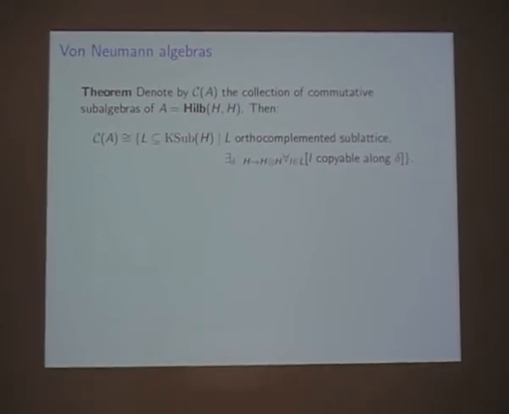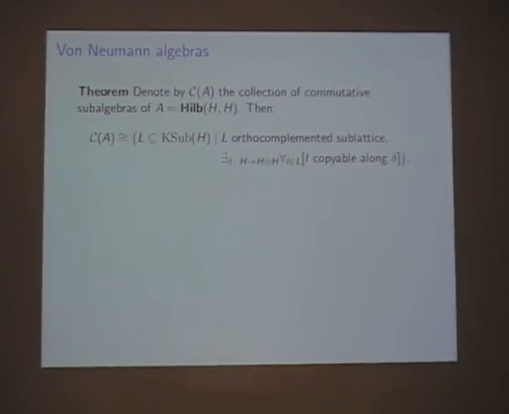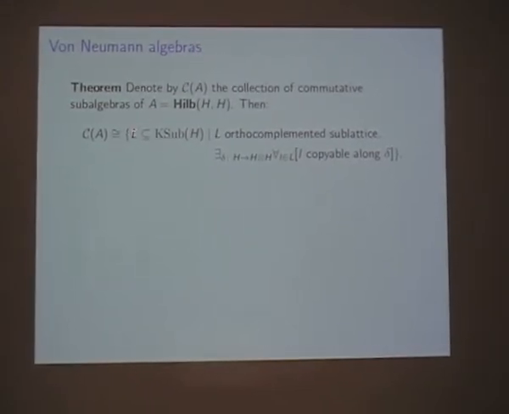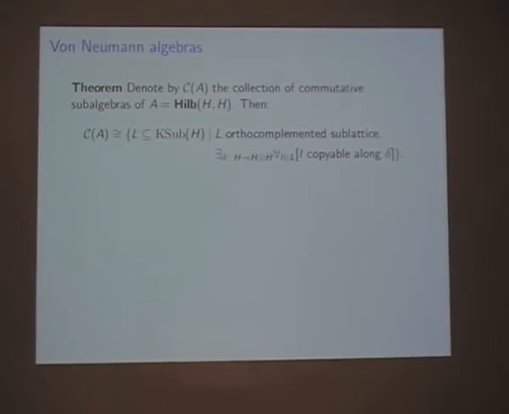So you can go ahead and reformulate this in terms of copyability and classical structures again, because we're in the category of Hilbert spaces where all this is available anyway. So if I denote by curly C of A the collection of all commutative subalgebras of an algebra of the given type, then you can show that this is always bijective, just as a set, to the following thing: all the subsets of the lattice of closed subspaces, which are not just subsets but happen to be orthocomplemented sublattices, so sublattices which respect orthocomplementation, which happen to